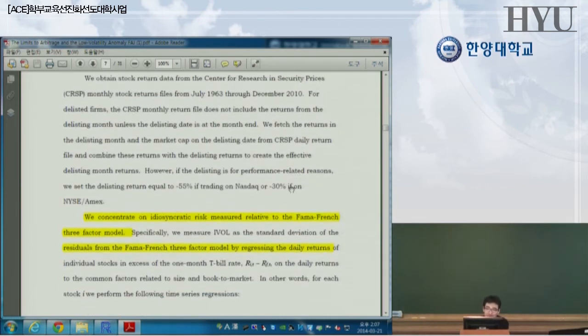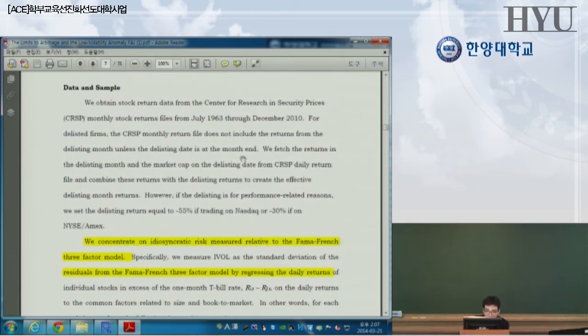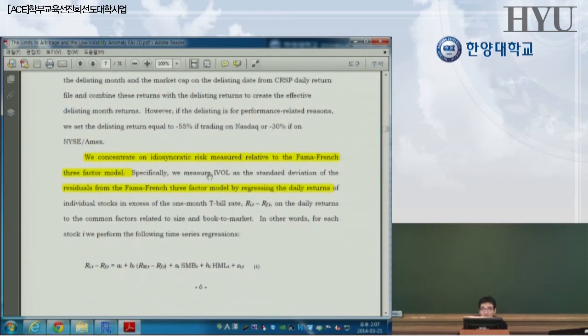Now, data and sample. This is their theory. Basically, there is no theory, but they try to reconstruct the pattern using data. We concentrate on idiosyncratic risk measured relative to the Fama-French factor model. Specifically, we measure IVOR as the standard deviation of the residual from the factor model, regressing the daily